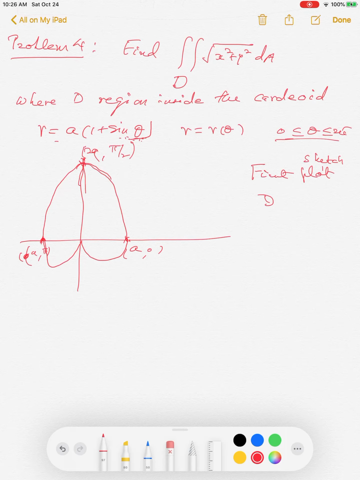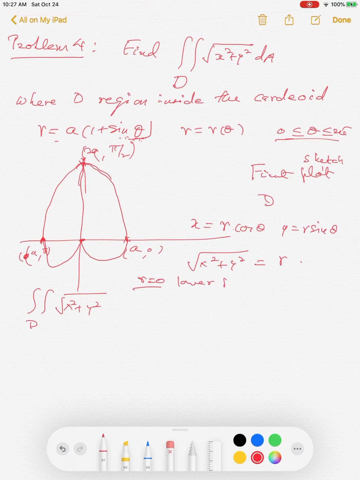This is why it is called a cardioid, because it looks like a heart-shaped curve. If you want to write this curve in Cartesian coordinates, the equation will be absolutely messy, with inverse trig functions and so on. On the other hand, you know the conversion: x is r cos theta, y is r sin theta. So the function is not too difficult to write in polar coordinates. Therefore our integral will be